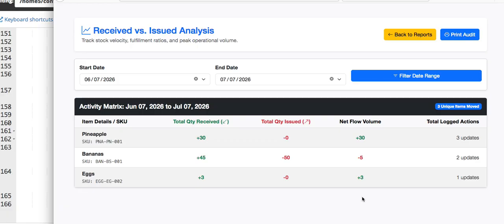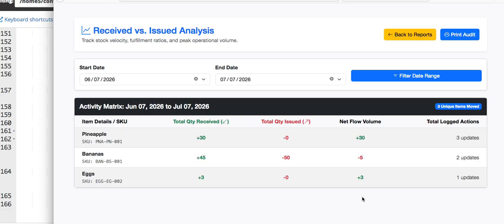This is a deadlock, right? It is taking up physical warehouse space that could be used for faster moving items, and the cash spent to buy those 30 units is completely frozen. So management action is to stop ordering this item immediately and consider a markdown sale, a promotion, or bundling it into a more popular item to liquidate the stock and clear out that space. So they'll get rid of that stuff.